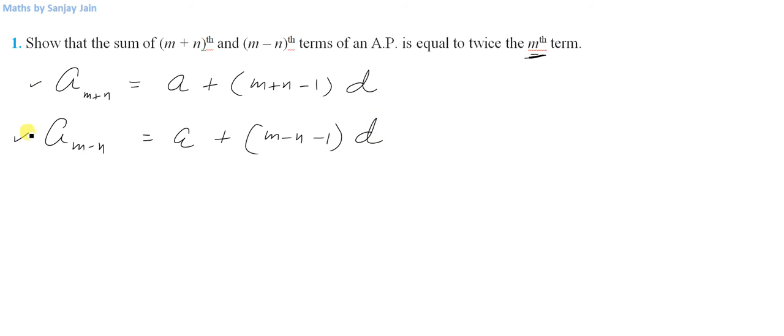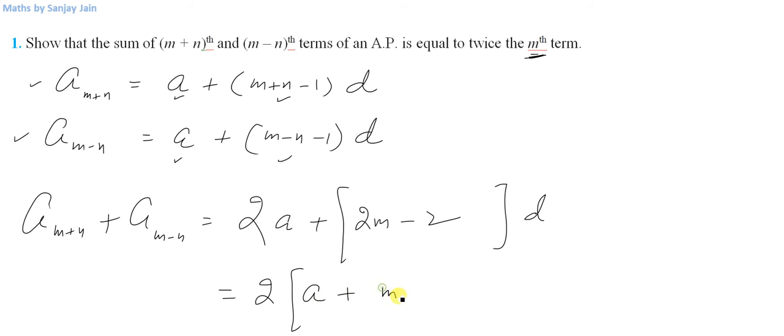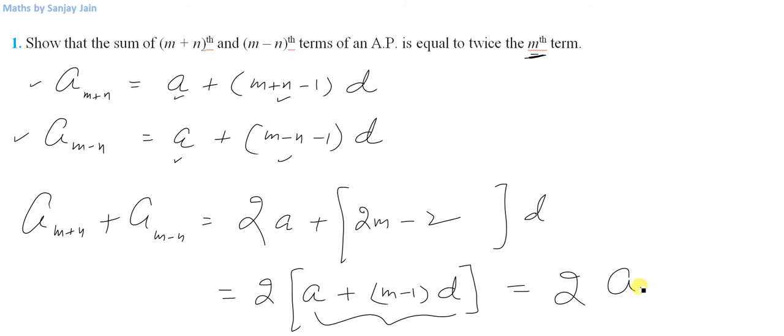First of all, let us take their sum. So a m plus n plus a m minus n will be equal to twice of a, right? And then d I can take common. Inside I will write the sum of these two. So 2m, n will get cancelled, minus 2 here. So if I take 2 common from both of these terms, I'll have a plus m minus 1 into d here. This is obviously the mth term, so twice of mth term. This is what I wanted to show. This was a pretty basic question,